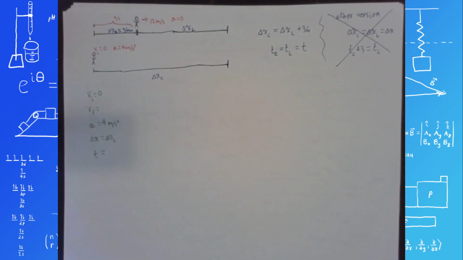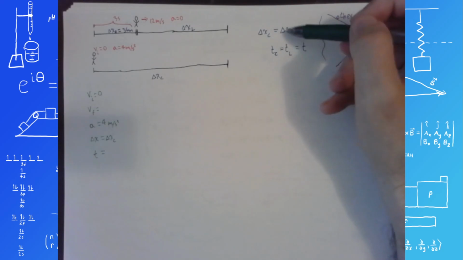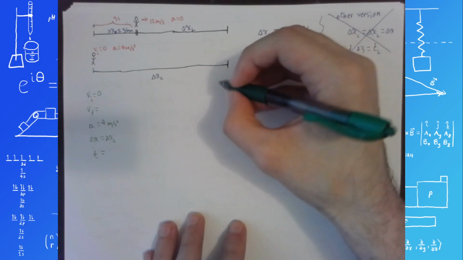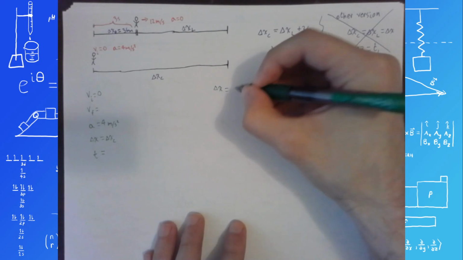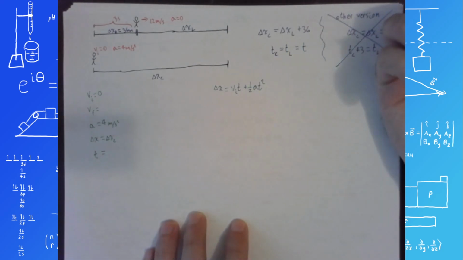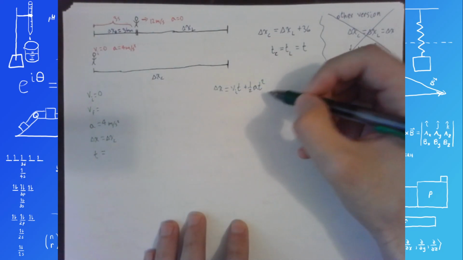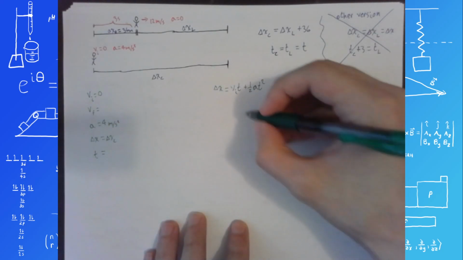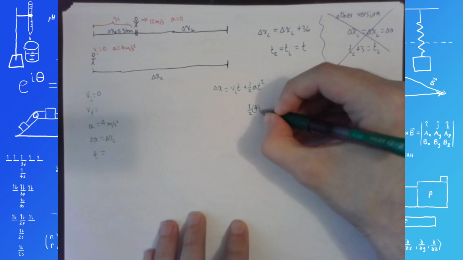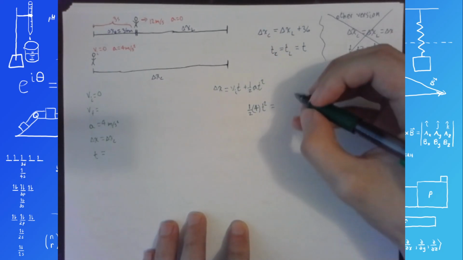This isn't actually a known value, but what we can do is take advantage of this. I can substitute both of these delta x's using the second equation of kinematics: delta x equals v initial times t plus 1/2 a t squared. Delta x of the chaser is 0 times t plus 1/2 of 4 times t squared. So 1/2 of 4 times t squared, that's delta x chaser, equals delta x of the leader